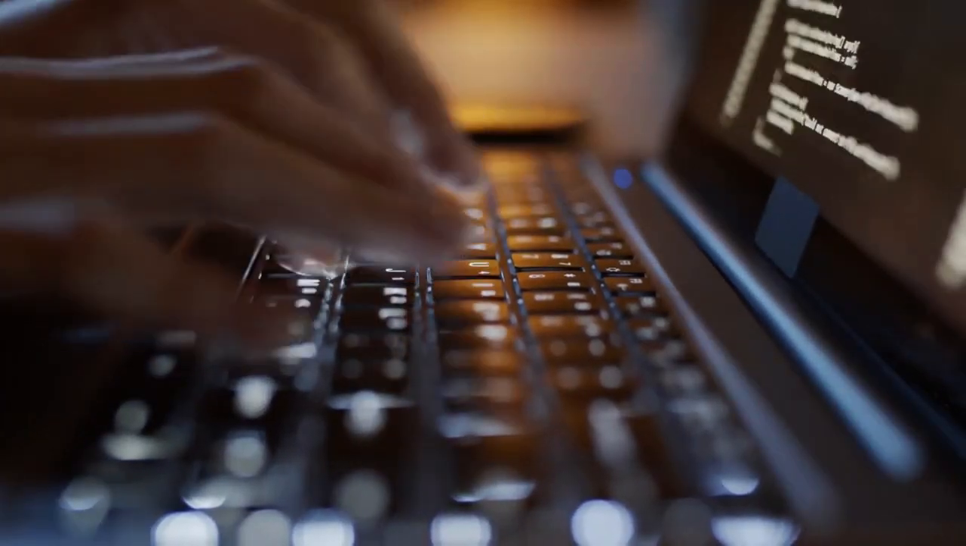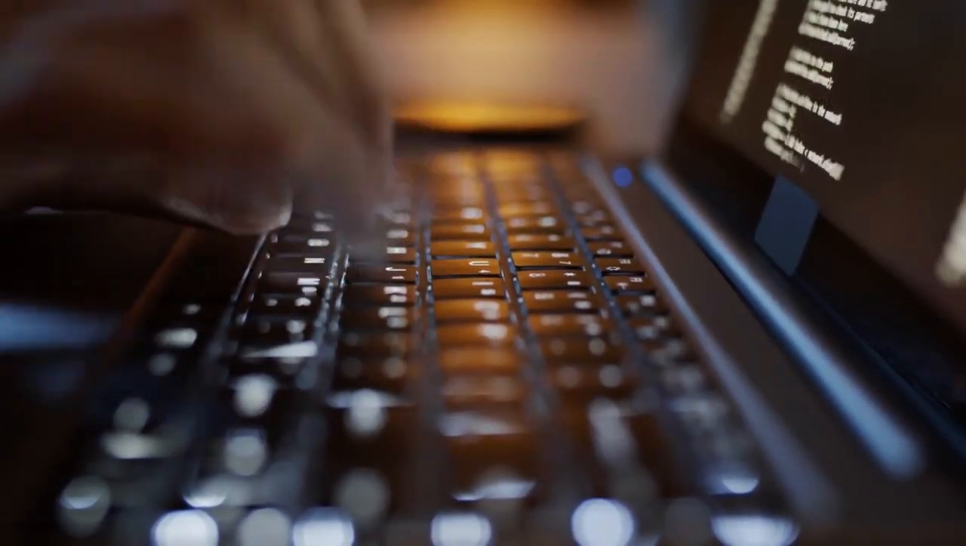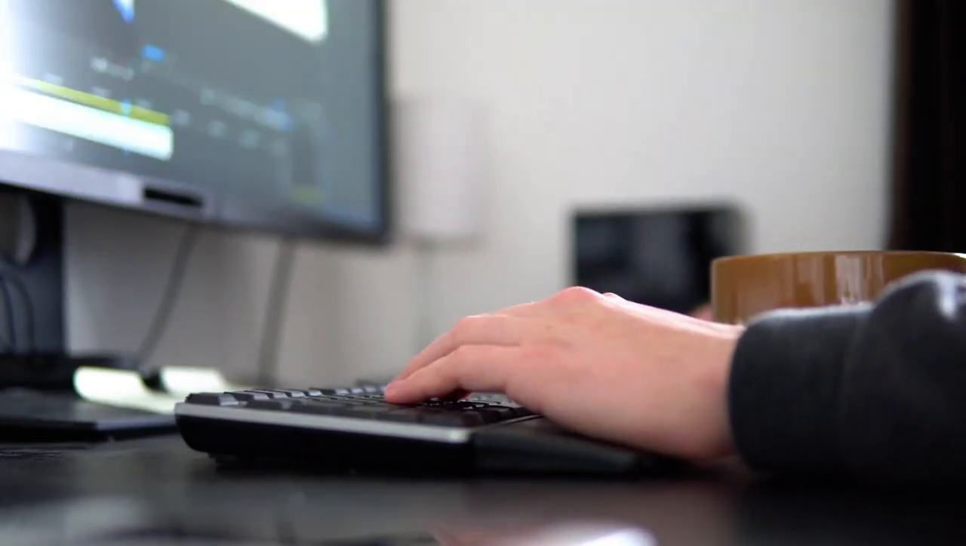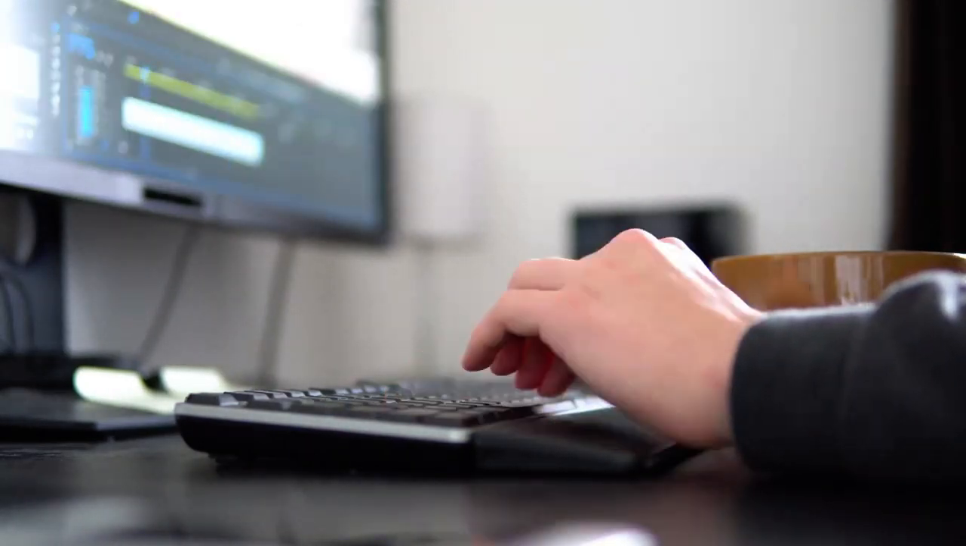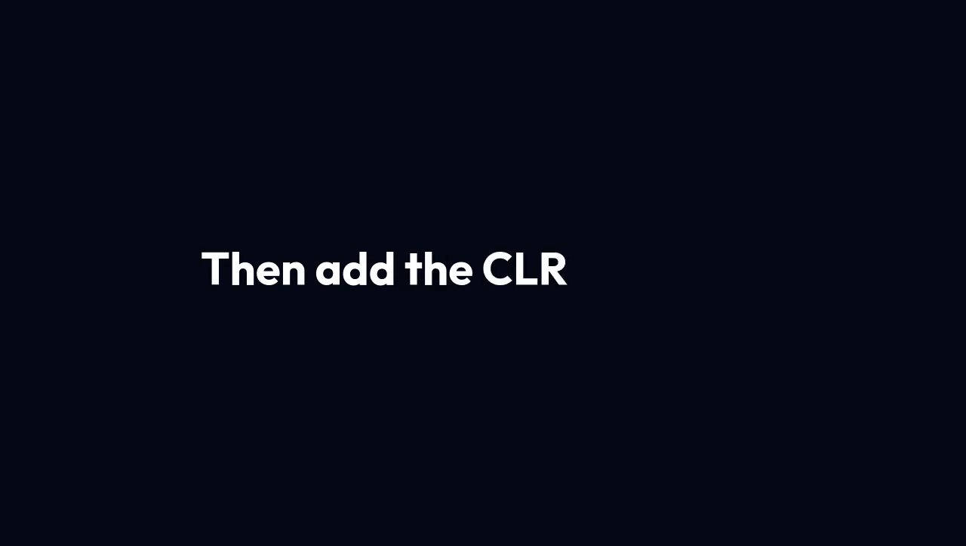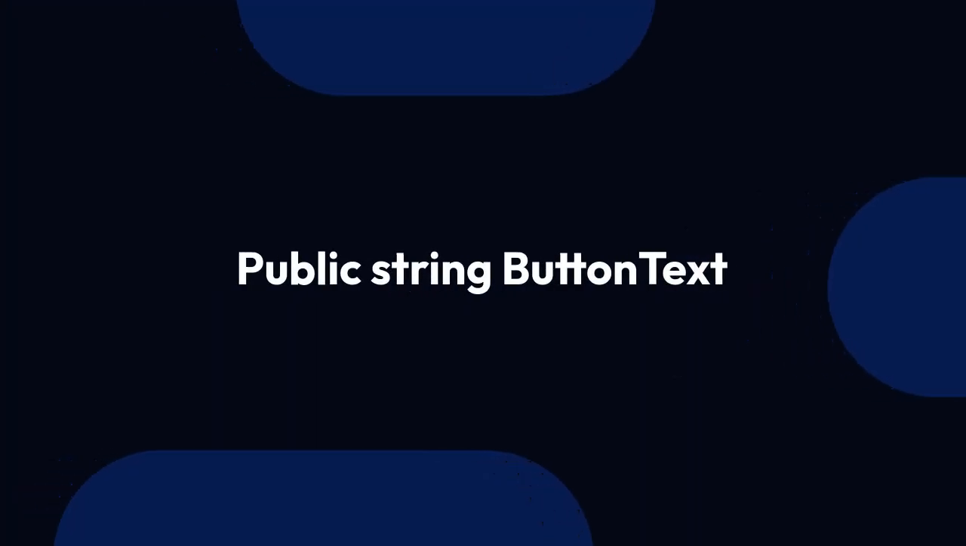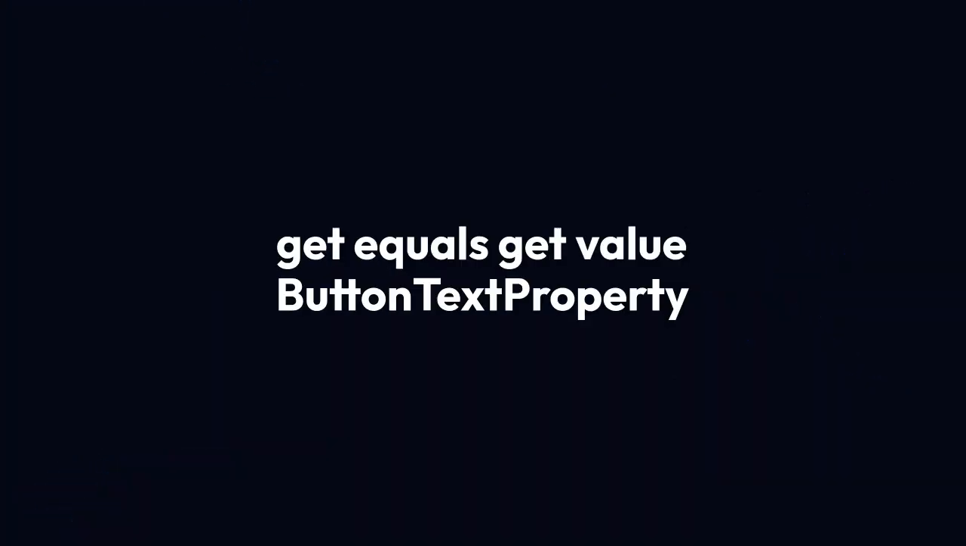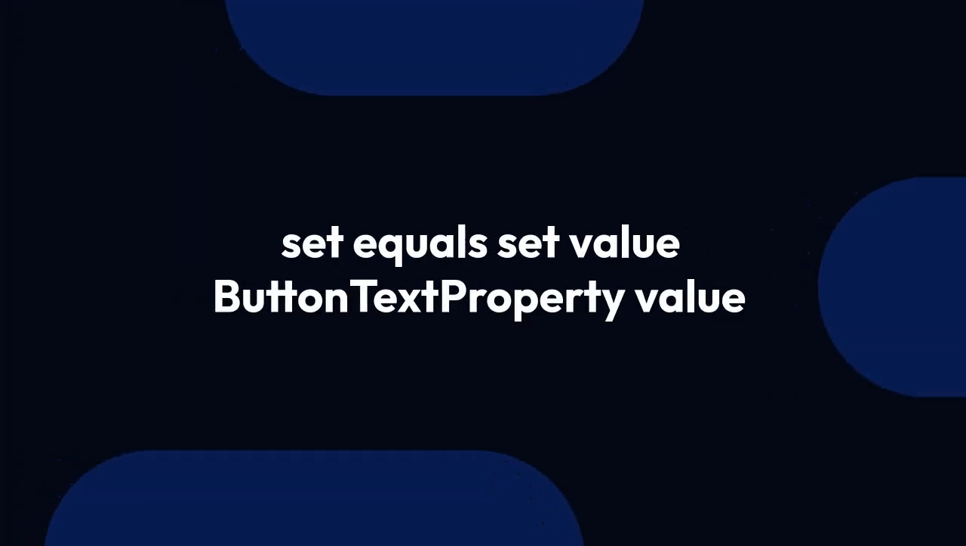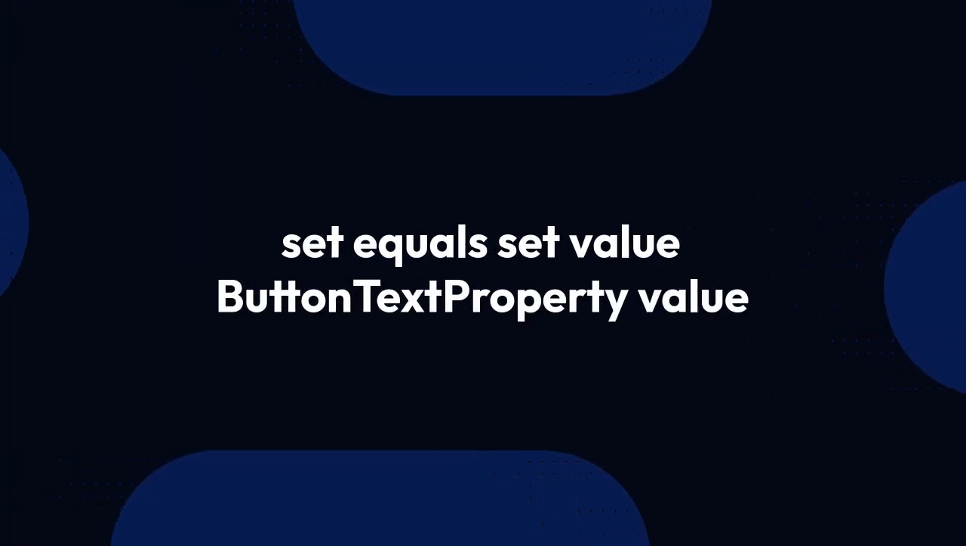It looks like this. public static readonly AvaloniaProperty<string> ButtonTextProperty = AvaloniaProperty.Register<MyCustomButton, string>(nameof(ButtonText)), then add the CLR wrapper. public string ButtonText { get => GetValue(ButtonTextProperty); set => SetValue(ButtonTextProperty, value); }